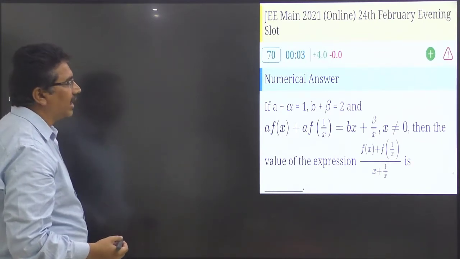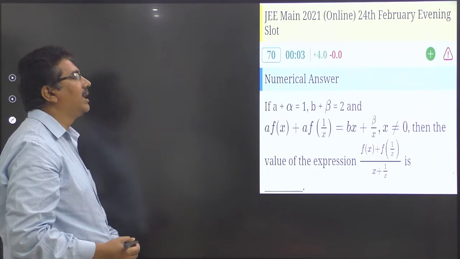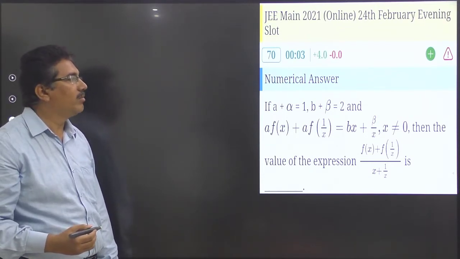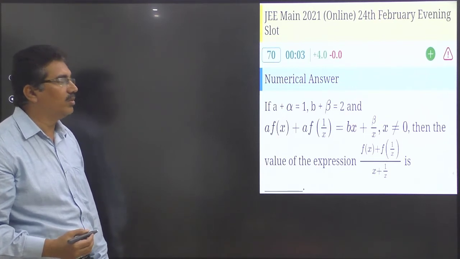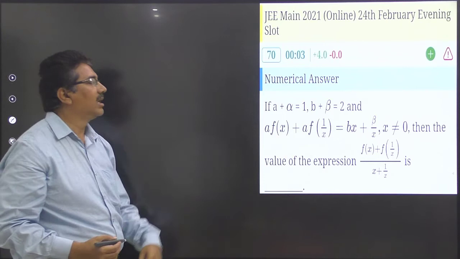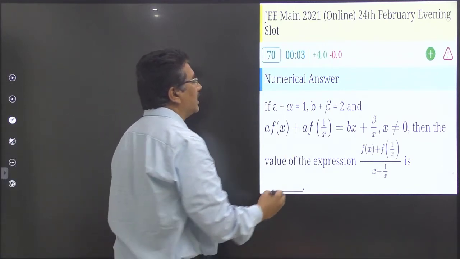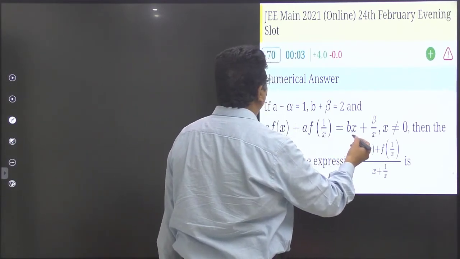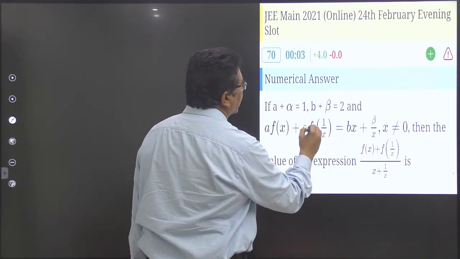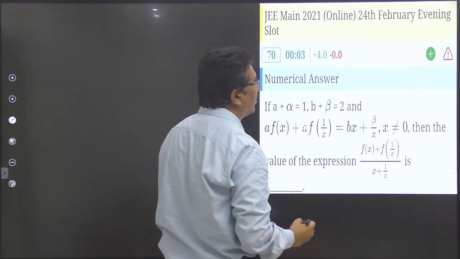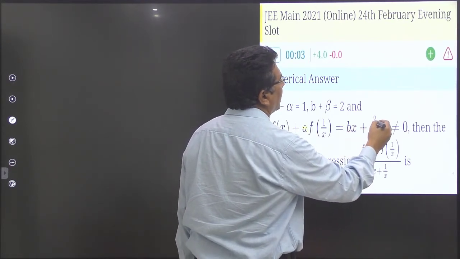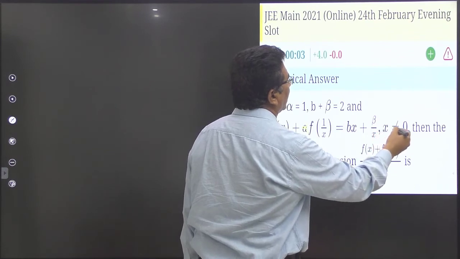Numerical type question. Given a plus alpha is equal to 1, b plus beta is equal to 2, and a into f of x plus alpha into f of 1 by x is equal to b into x plus beta by x, where x